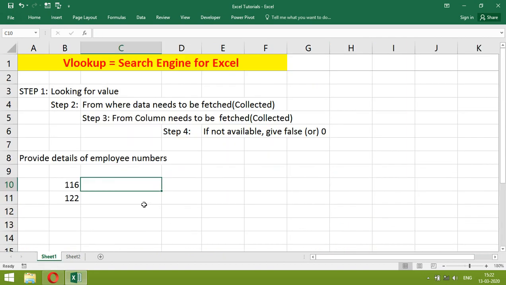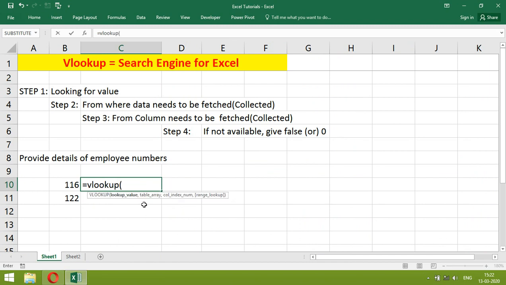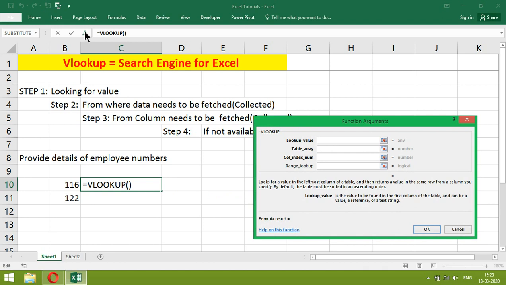First we need to write VLOOKUP. You click on here. What is the lookup value? This one. Then we want the name, so go to the table.